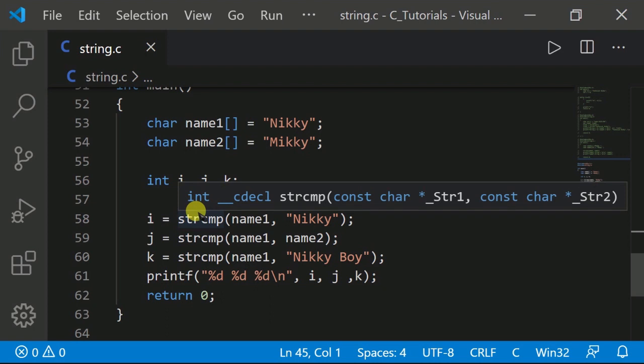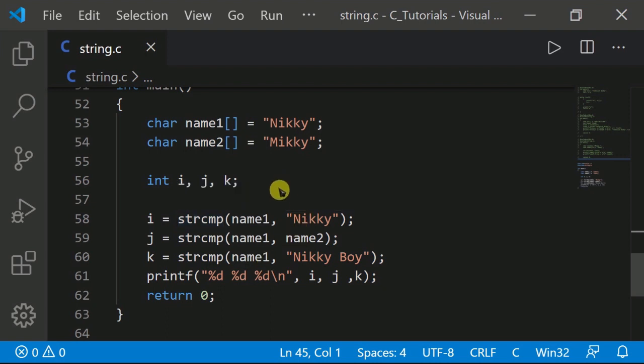In the second call, the first character of Nikki doesn't match the first character of Mickey, and the result is 1, which is the numeric difference between the ASCII values of m and n. So name1 has n and name2 has m.